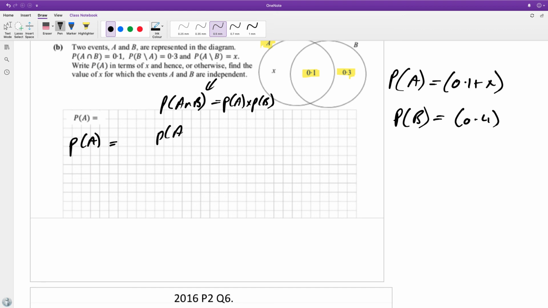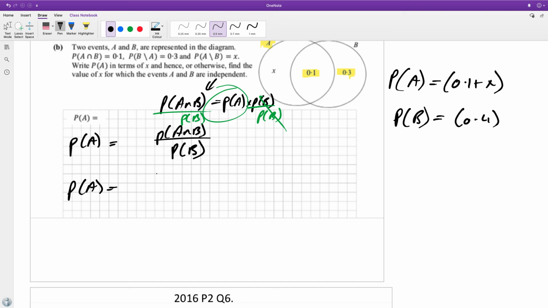The probability of A intersection B is equal to the probability of A multiplied by the probability of B, divided across by probability of B. You've got to get probability of A on its own. It's a bit of algebra in there. So probability of A